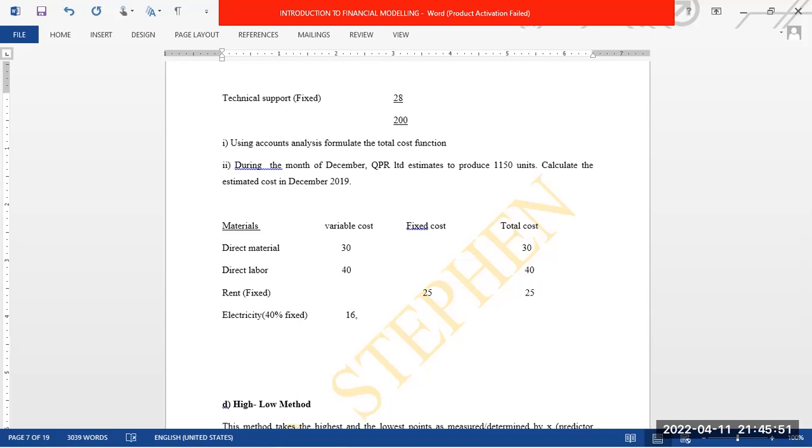So you come here. 16.2 is fixed. Then 10.8. No, 16.2 is variable, I'm sorry for that. Then 10.8 is fixed cost, because we are told